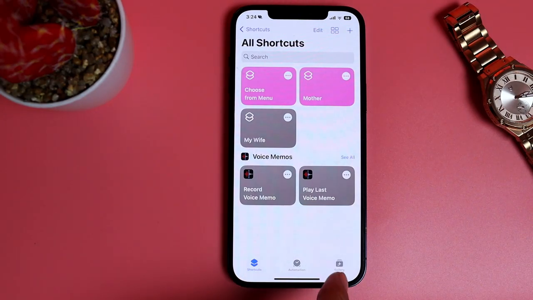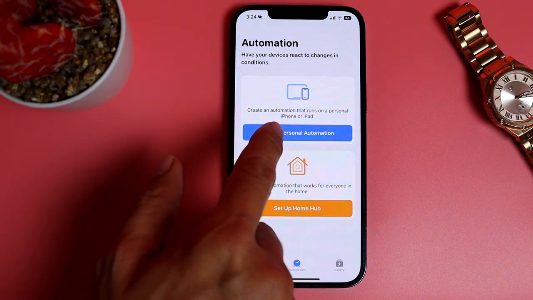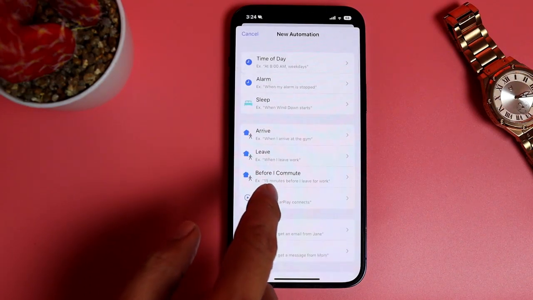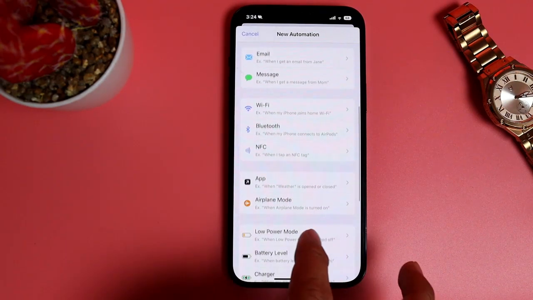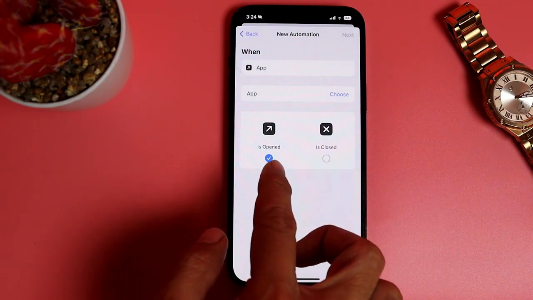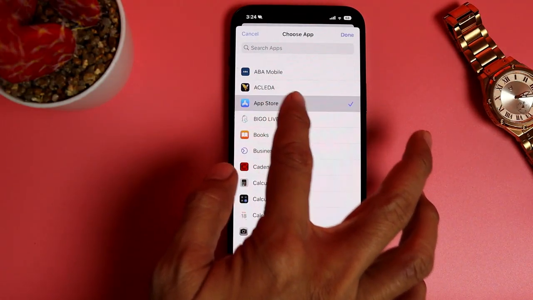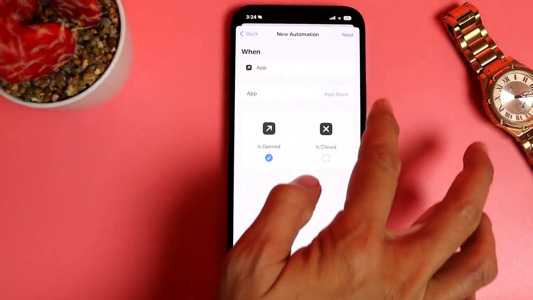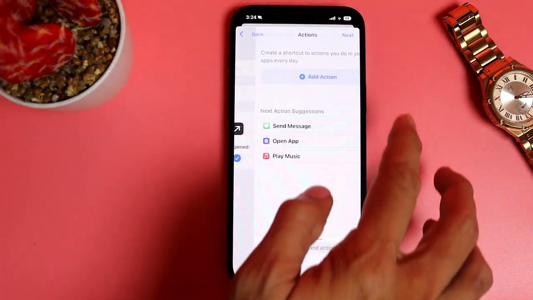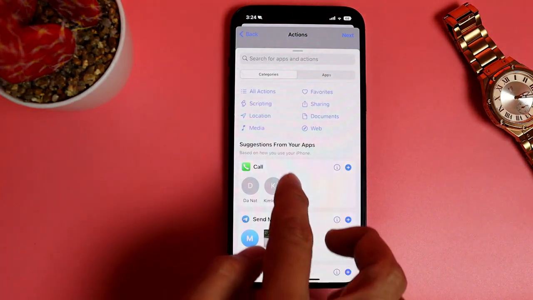and click Automation and click Create Personal Automation, and you scroll down, go to the app that you want to lock, and select Open and choose apps. For example, I choose the App Store and click Done and click Next and I add actions and try the